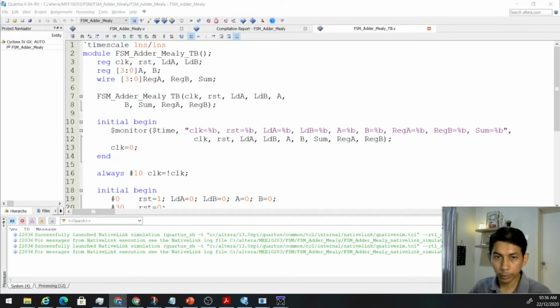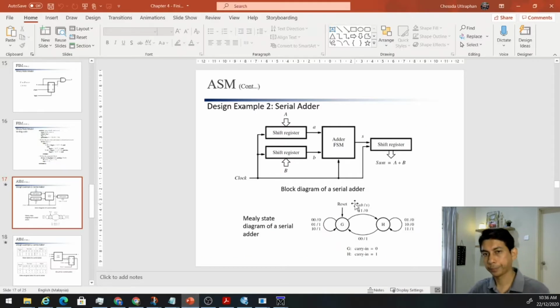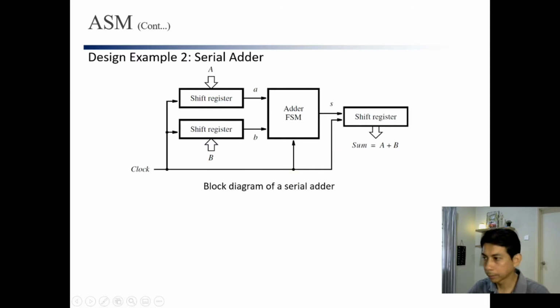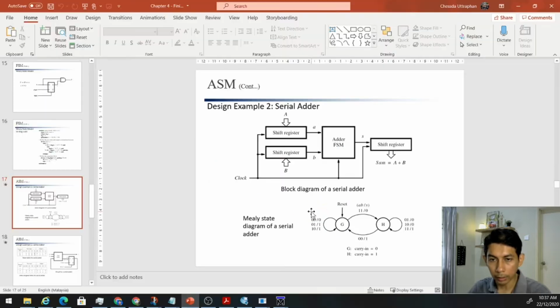So we will continue with this example, but now we want to use the Moore finite state machine to design the same circuit. Instead of using the Mealy state machine, now we will use the Moore state machine. So how to do that? We need to go back to the fundamentals, where we will look at